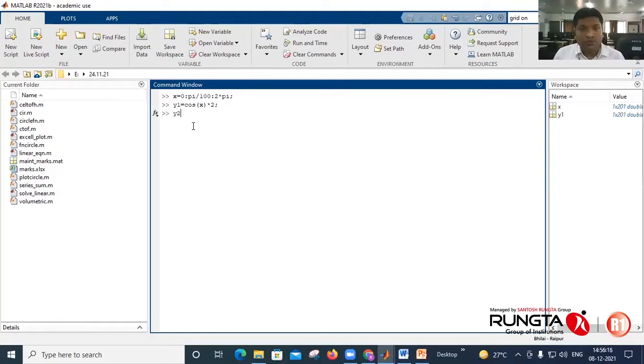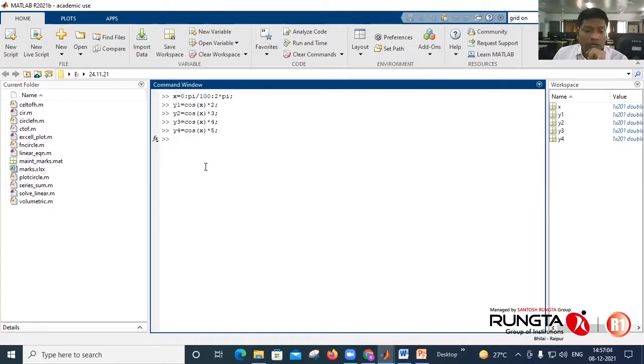Say y2 equals cos of x into 3. y3 equals cos of x into 4. So I define here y1, y2, y3, y4.